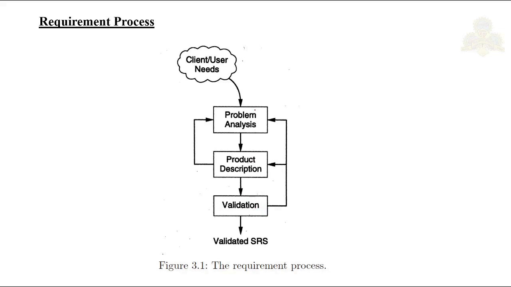Now, what happens during this problem analysis or the requirement analysis? The actual problem, or the problem domain, is analyzed. That means an effort is made to understand the system behavior, the constraints in that system, what the inputs to that system are, and what the output will be. The basic purpose of this activity is to obtain a thorough understanding of what the software needs to provide.